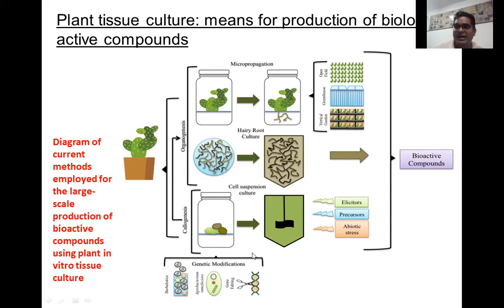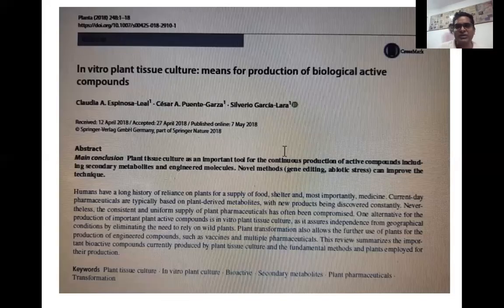That can also be done through plant tissue technology. So you have to use the gene gun. Basically, you use the gene gun to transfer that particular gene, with the help of a bullet, into that particular plant, and you can generate a novel plant. So overall, you should go through this paper.